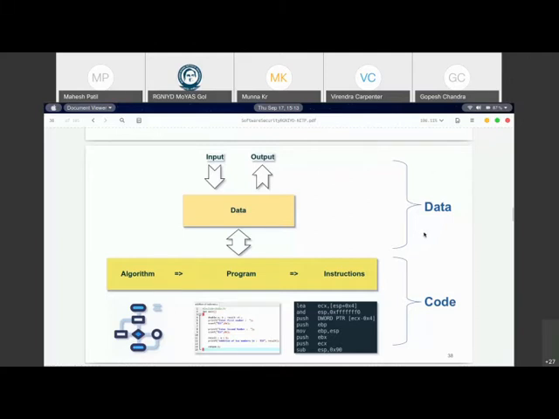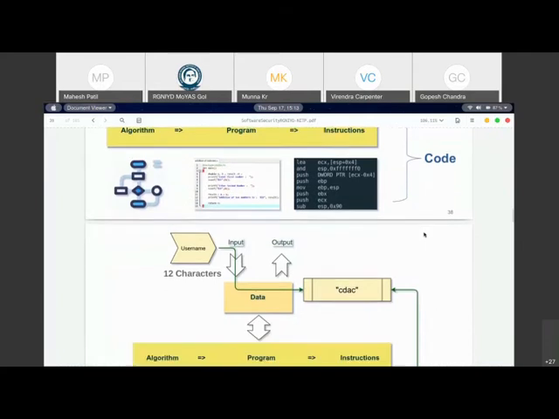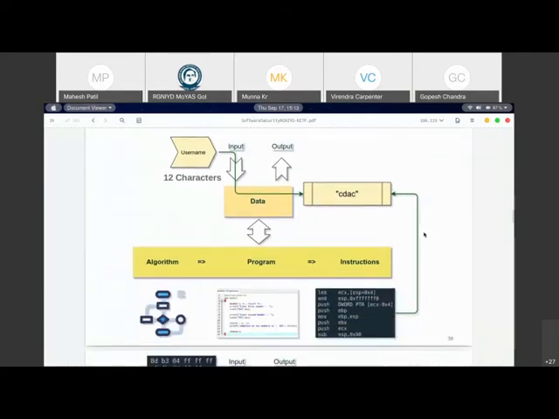Here's a small example of a program. What it does is take a username as input, and assuming that the username is going to be 12 characters in size, it stores that username inside the data memory. The code in the code memory then accesses that data and verifies whether the username is correct or not.